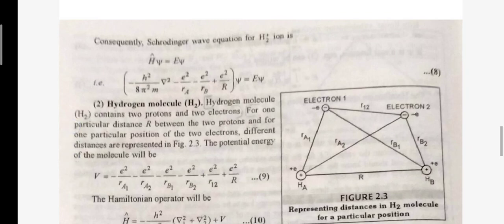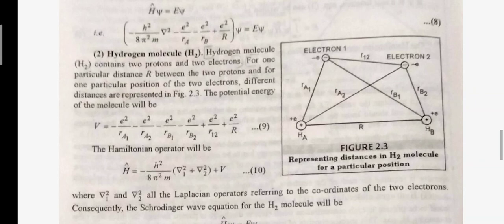Second case, hydrogen molecule. The hydrogen molecule contains two protons and two electrons. For one particular distance R between the two protons and for one particular position of the two electrons, the different distances are represented in figure 2.3. The potential energy of the molecule will be this. The Hamiltonian operator will be this,